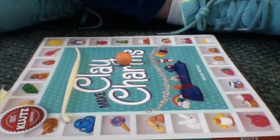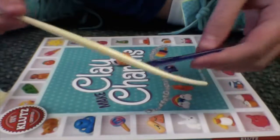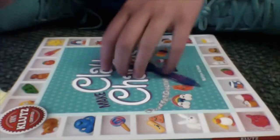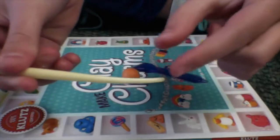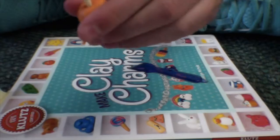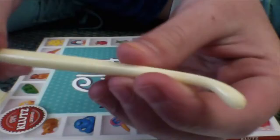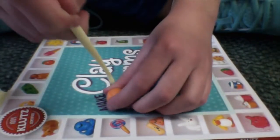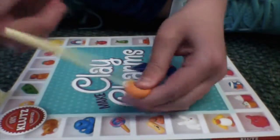So like I said in the other video before, I'm going to be teaching you guys how to use these awesome, kind of professional tools a little bit. So this one that I have right here, it has a little tiny points thing that is technically used for poking holes, like that. And this other tip here is way thicker, so it can also be used for making little tiny holes, and also for